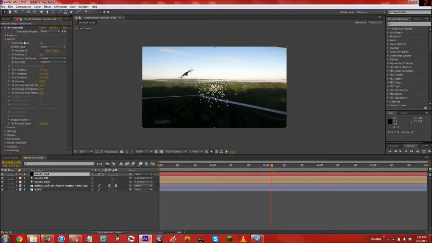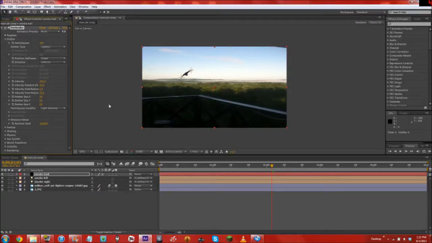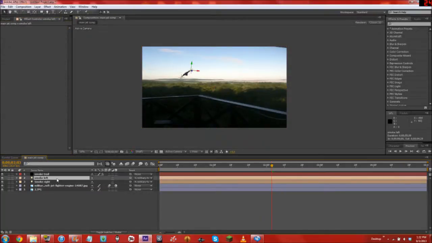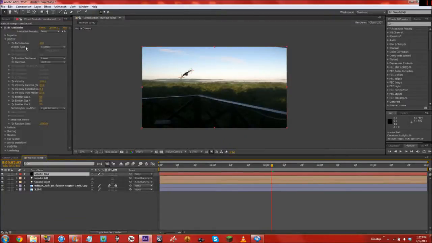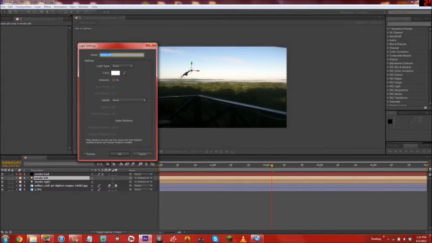Alright, so you go to emitter, lights, emitter type set to lights. It's mode of lights. Start with emitter. Okay. Alright. So it says that they should start with emitter, so you could rename these by double clicking and change it to emitter, which is what I'll do, but I'll show you how